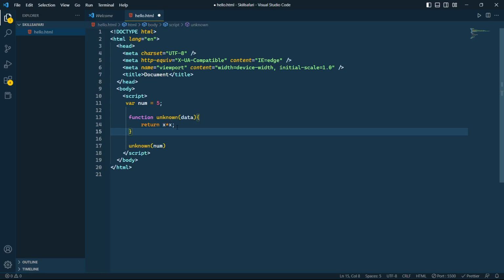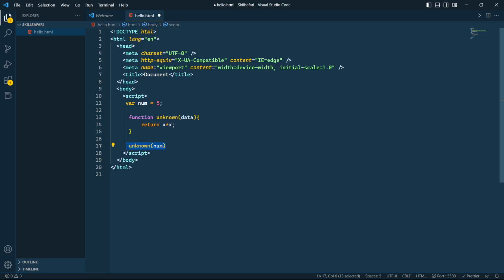Here it is calculating x into x, meaning this data comes here, data into data, and it will just return the result. Return means it will throw the value back to where it has been initialized, over here.